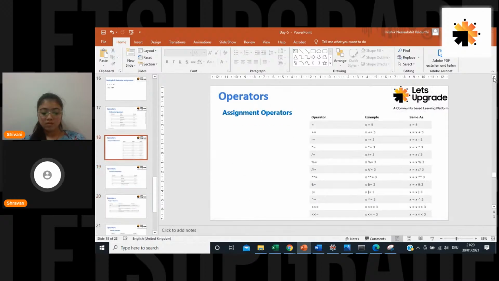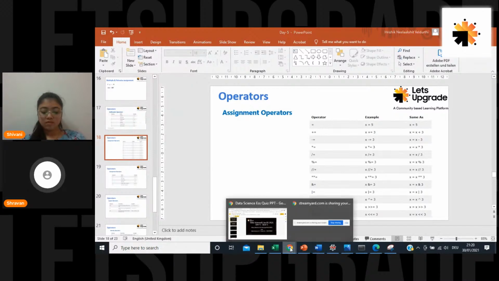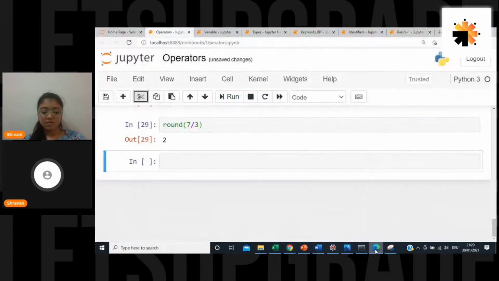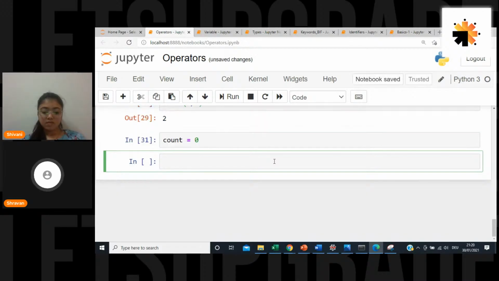People may already know this, but I just wanted to explain. Suppose my number is changing in my while loop every time. So count is equal to 0 initially, and now I want to increment.